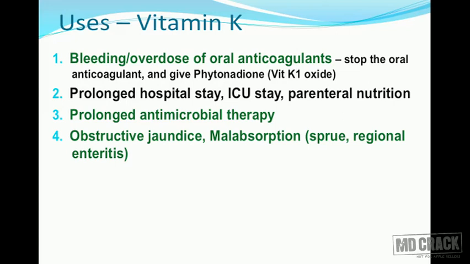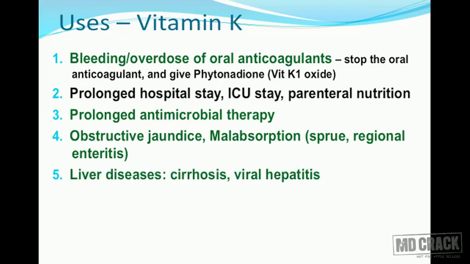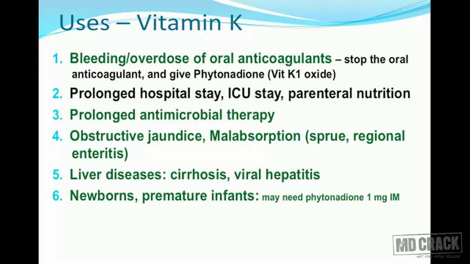Then conditions like obstructive jaundice and malabsorption, that's tropical sprue, regional enteritis. Liver diseases, liver cirrhosis and viral hepatitis. And lastly, the newborn and premature infants, they might be deficient in vitamin K because their intestines don't have any bacteria right now. So newborns and premature infants, and these patients might need phytonadione, that's vitamin K, 1 milligram by